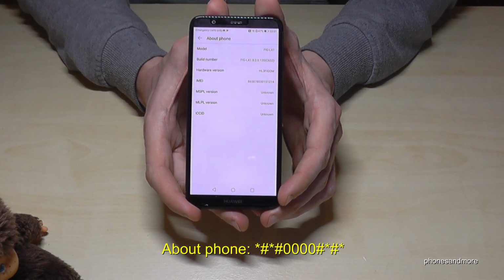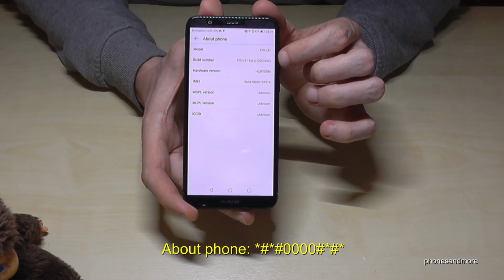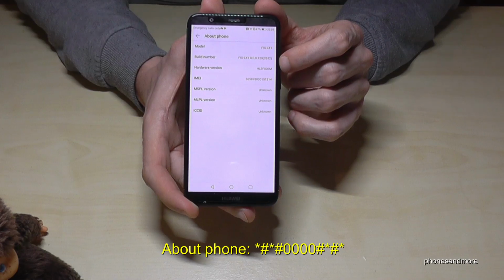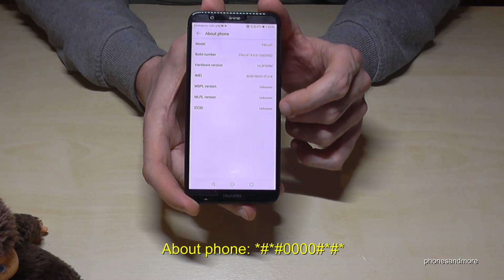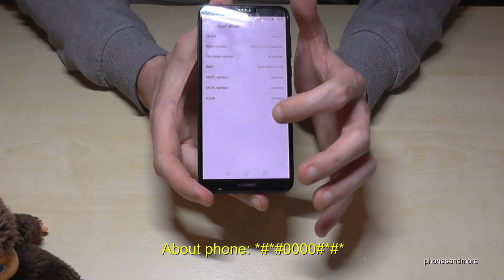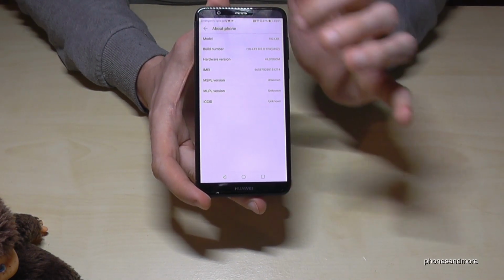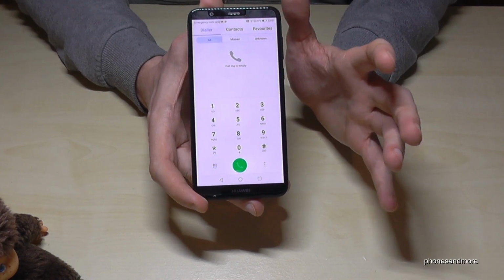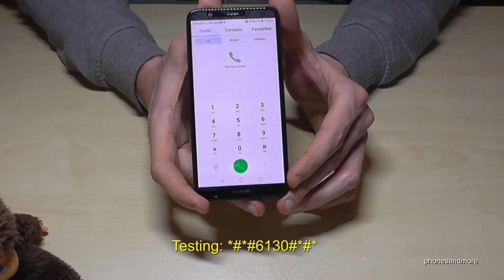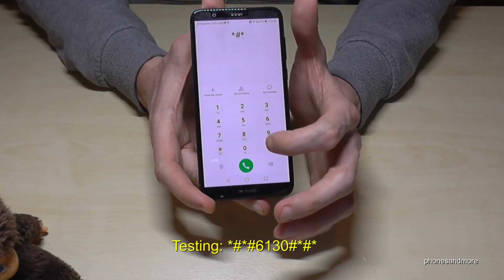Okay, now we have some information about the phone, maybe like the model, the build number, the hardware version, the IMEI number, and so on, the ICCID, so the SIM card number. So it is good information. And let's go back now. Is the most interesting one. It is the testing. Okay, it's star hash